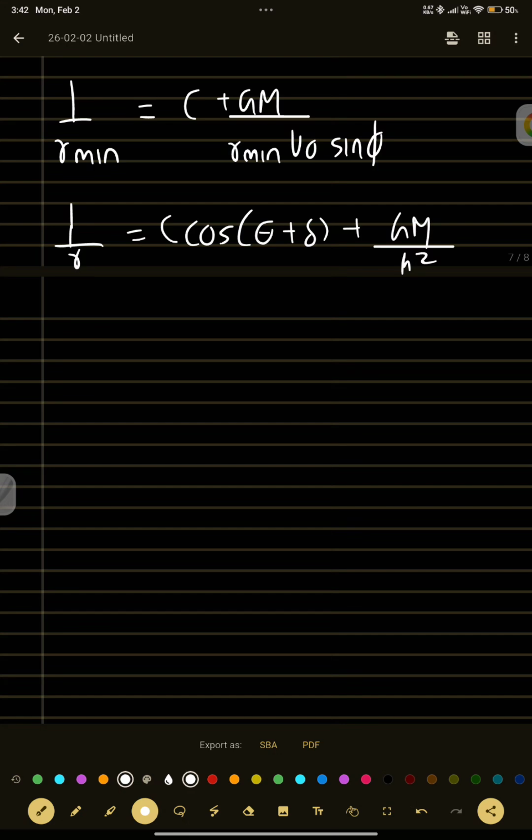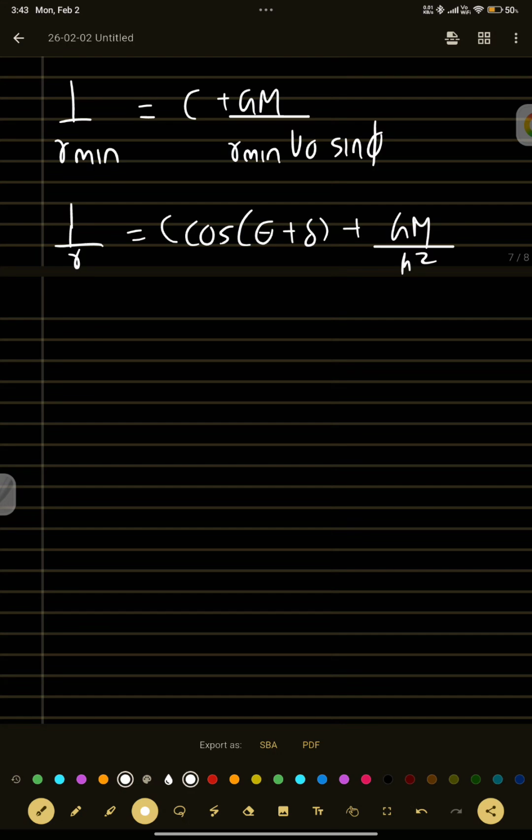See, if it is a closed trajectory, दो बार V naught R से परपेंडिकुलर होता है. एक बार मिनिमम में, एक बार मैक्सिमम. और अगर क्लोज नहीं है तो भी एक बार होता है. The way we have written this equation, 1 by c cos theta, here it is implied that at theta equal to 0, R is R minimum, but the launch velocity is also perpendicular to R. ये तो प्रोग्रामिंग में झोल हो गया.